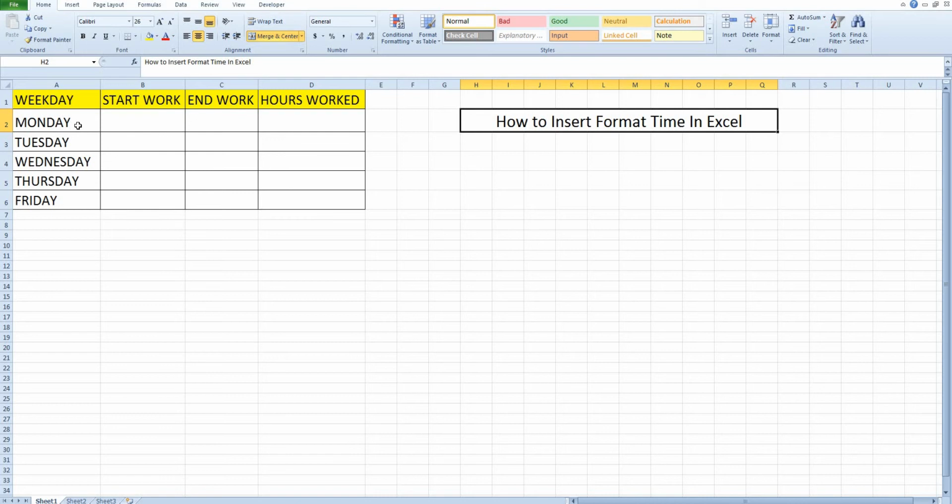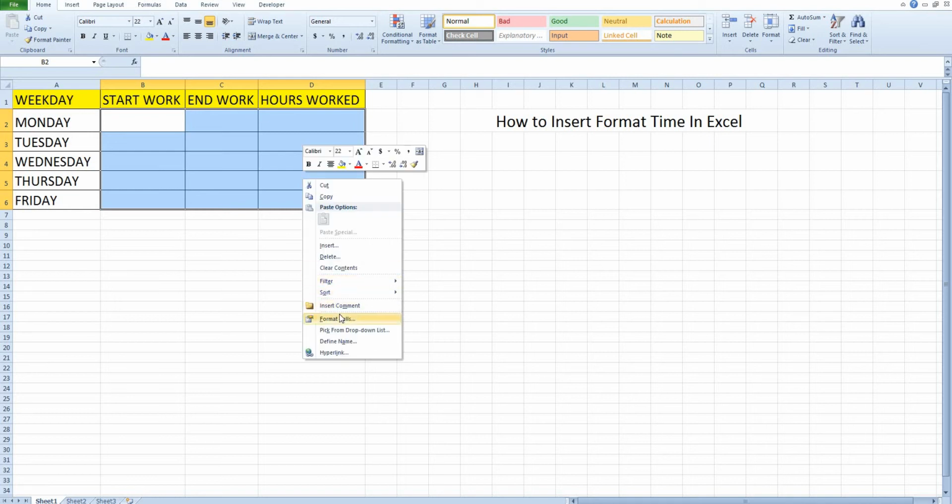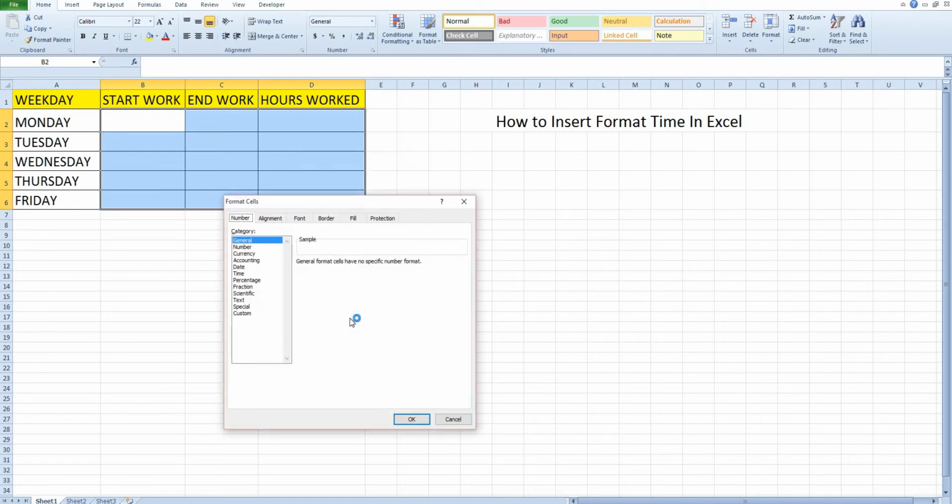So let's begin. In this table, I want to see how to log working hours, or the times when we started and finished work. First select the empty cells which will contain time data. Then right click or go to Format Cells.